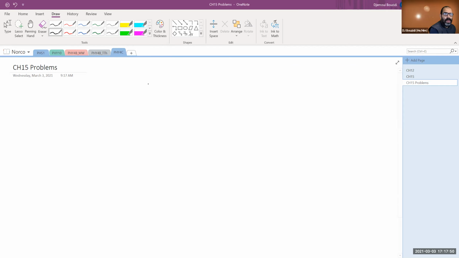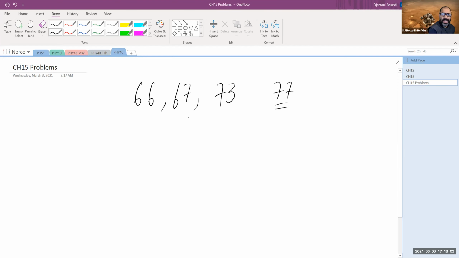Instead, I actually chose another problem. So the problems I promised earlier were 66 and 73, and problem 77. 77 I'm going to defer for right now. But I'm going to add problem 67 because they are connected actually. Problem 66 and problem 67 are related to this exact same point that I was talking about, the standing waves and things like that, which usually are heavily tested, which is something that you really need to know. Because standing waves occur not just for